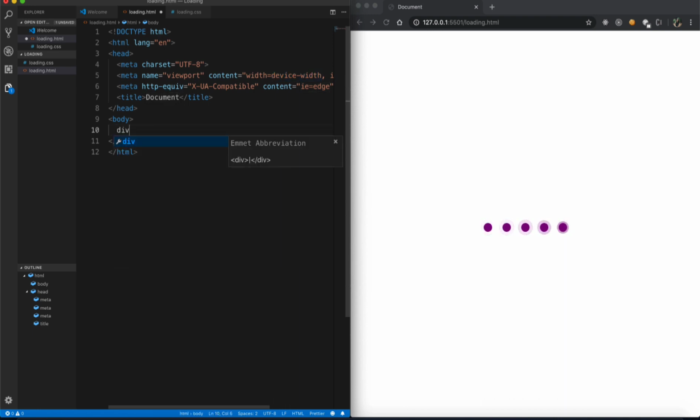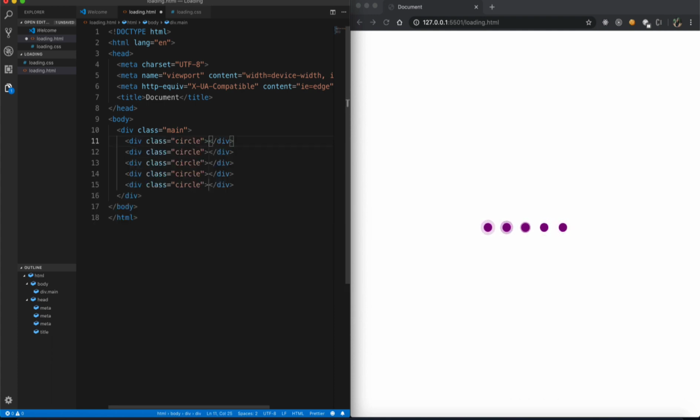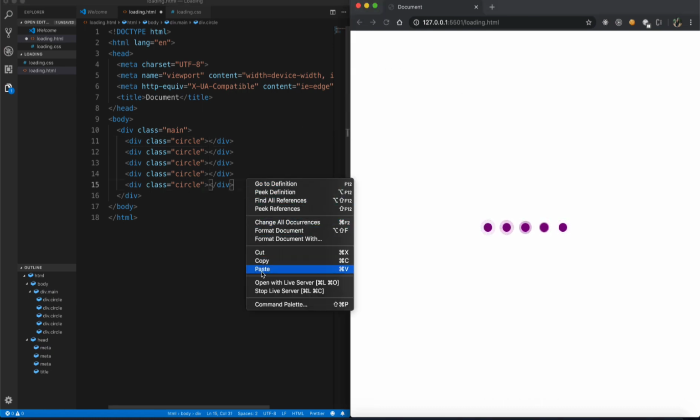And then we have a main div, right? And inside the main div, we're going to have these 5 circles that are going to indicate this loading screen or the loading animation. So I'm going to say div, and let's give it a class circle, and we need 5 of these, so I'm going to say into 5, right? So I have these 5 divs right now, and let me start this with live server.